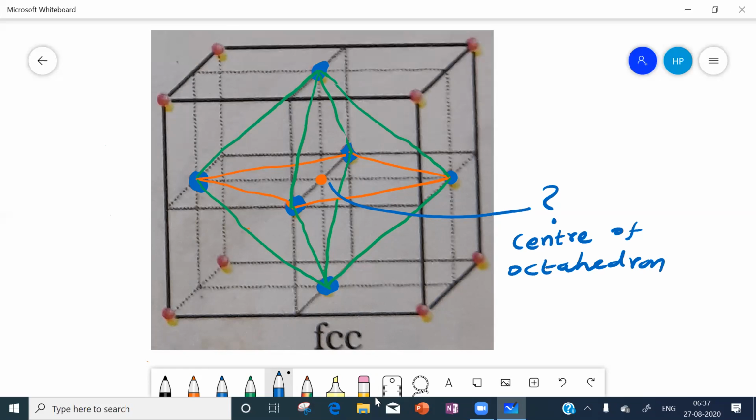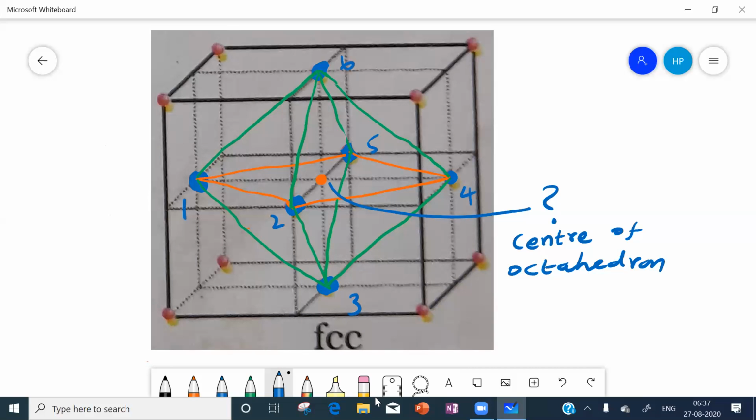Okay, this is an octahedron. For an octahedron we want 6 particles. So have we taken 6 particles or not? You see, 3 particles down, 3 particles up. These 3 particles, number 1, number 2, number 3, we said are in the second layer. Then number 4, number 5, number 6 are in the third layer.